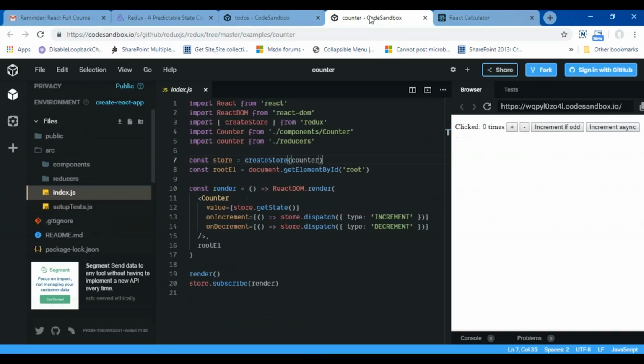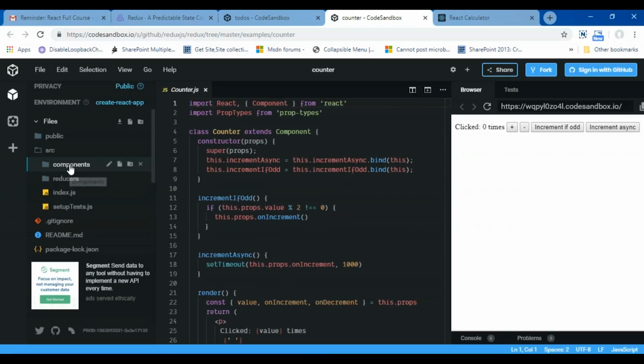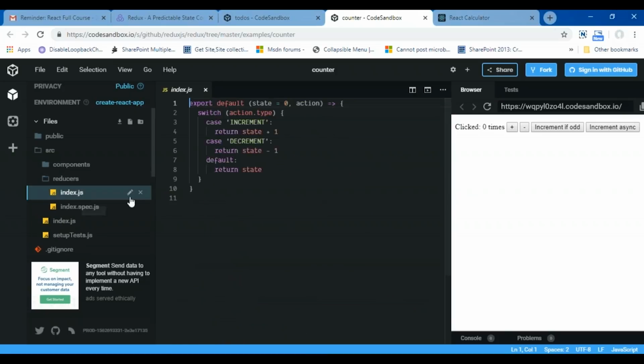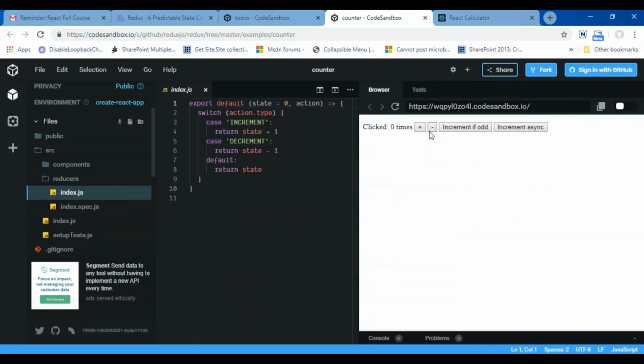Now let's talk about one more example, how we can use the Redux concept of actions, reducers, and store with React.js. So this is just another example having the same architecture of the solution, wherein I have some components, which is counter.js and counterspec.js, specification.js. Then there are some reducers defined here, index.js. I want to implement increment and decrement functionality. And then I want to increment if this number is odd, and there is some async functionality which has been implemented over here. So let me show you the output.